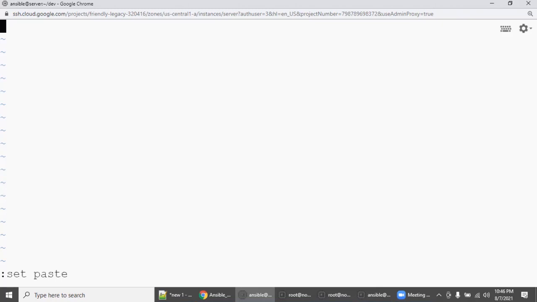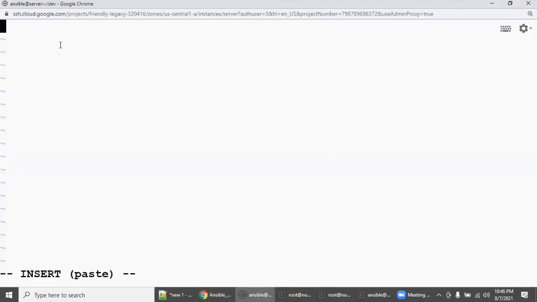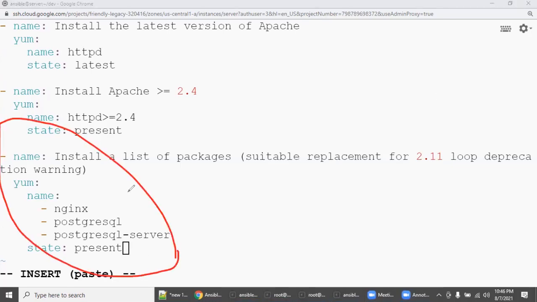You type this. Okay. So you need to do this if you are pasting something huge from the internet, like playbook contents, right? So set paste, then go to insert mode, then copy this and go here and paste it. See here, are you able to see the difference? So this is a simple way.